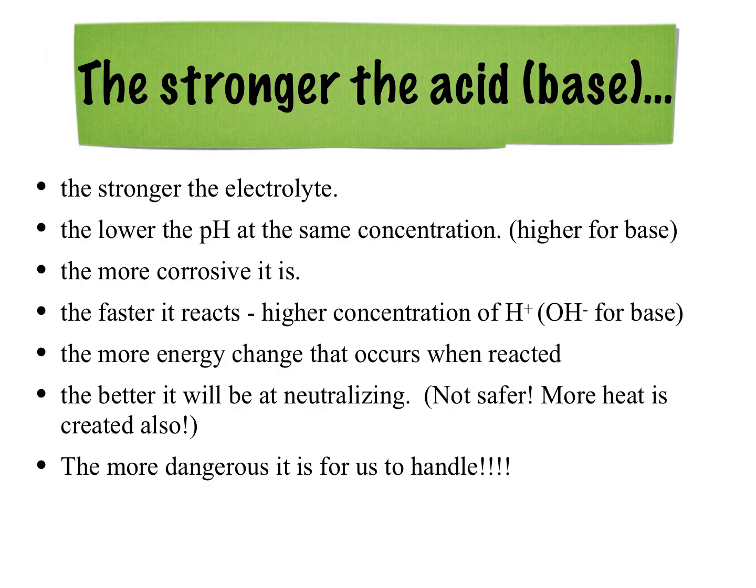Now finally, we're going to talk about what sort of consequences or what sort of effects we see when we're talking about strong acids versus weak acids. The stronger the acid, the stronger the electrolyte. What that means is that it will conduct electricity better. And a weaker acid is a weaker electrolyte, so the conductivity is much less. Also, a stronger acid has a lower pH at the same concentration. What that means is if you have a strong acid at 0.1 molar, it's going to have a pH of